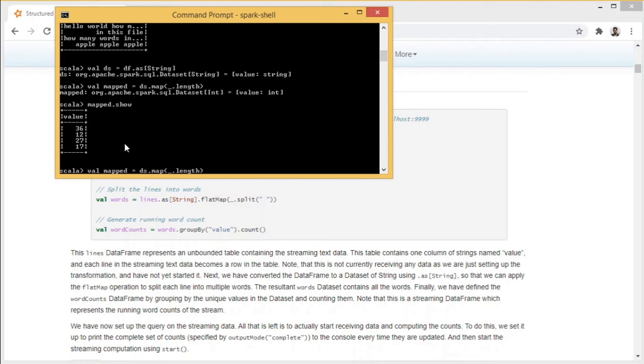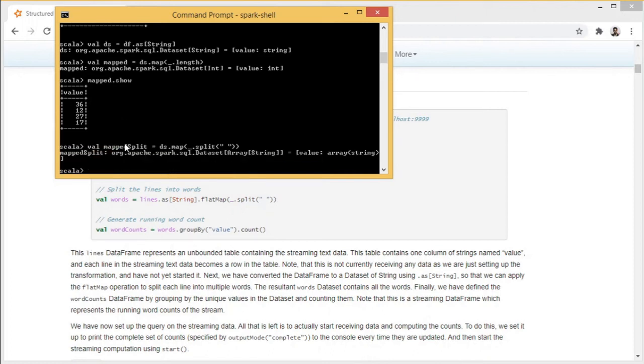So instead of flat mapping or mapping it to a length, mapped split underscore dot, let's see what it does.